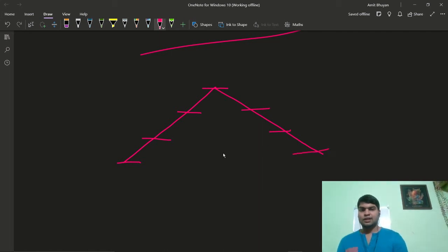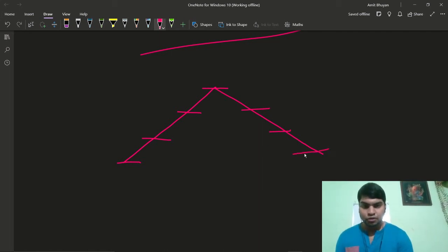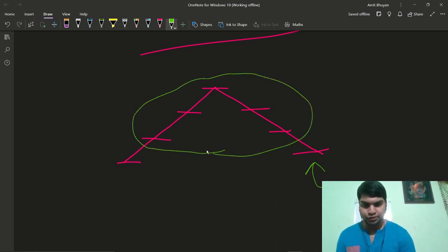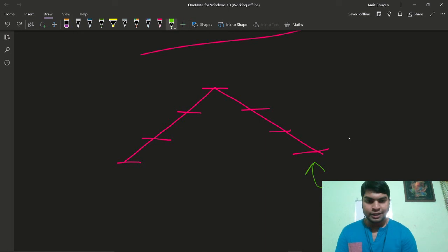So here is our hill. How can you count the number of inversions? The number of inversions for a position will be all the levels above this position. Here we have 5 levels above this, so the number of inversions is 5 here.